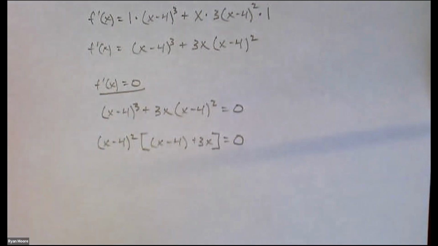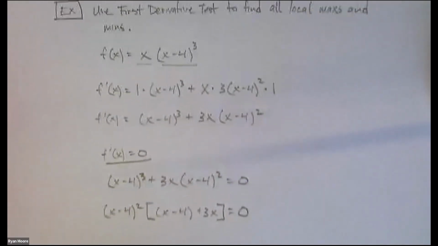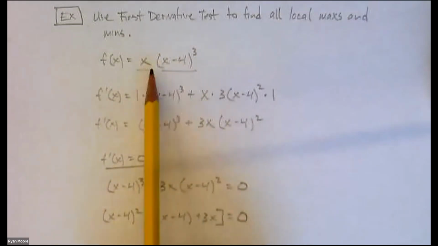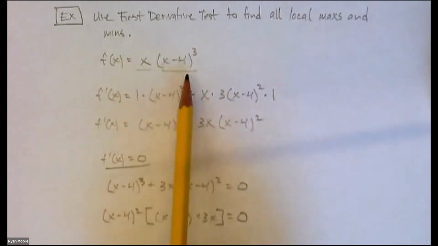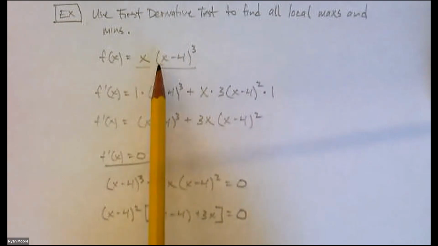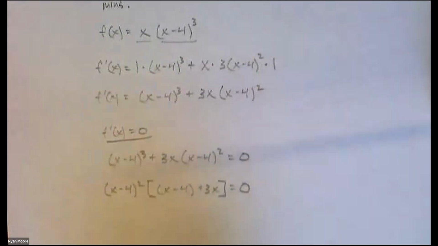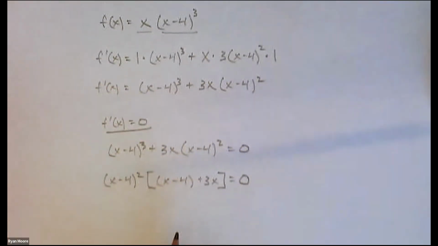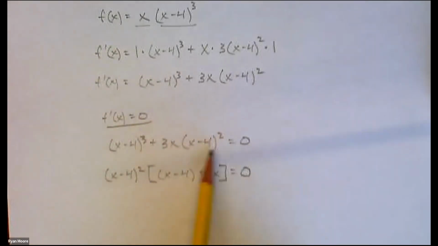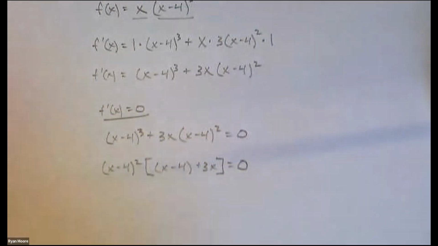Okay, quick note. If we had multiplied this all out, that would take a little bit of work, right? A cube and then distribute the x. It wouldn't be that big of a deal, but you'd have to be careful. The derivative would be quite simple because it's just a big polynomial. But you might run into trouble when you set it equal to 0 and then you have to factor that large polynomial with cubes.